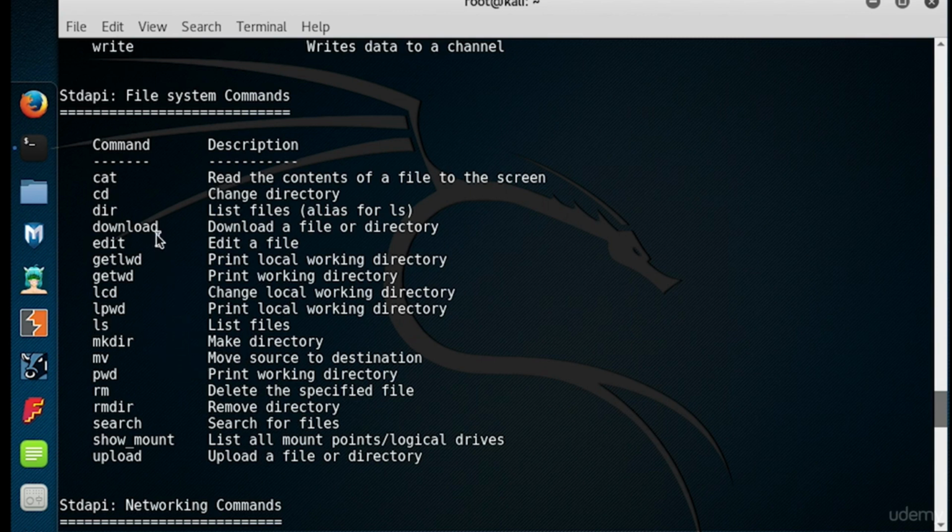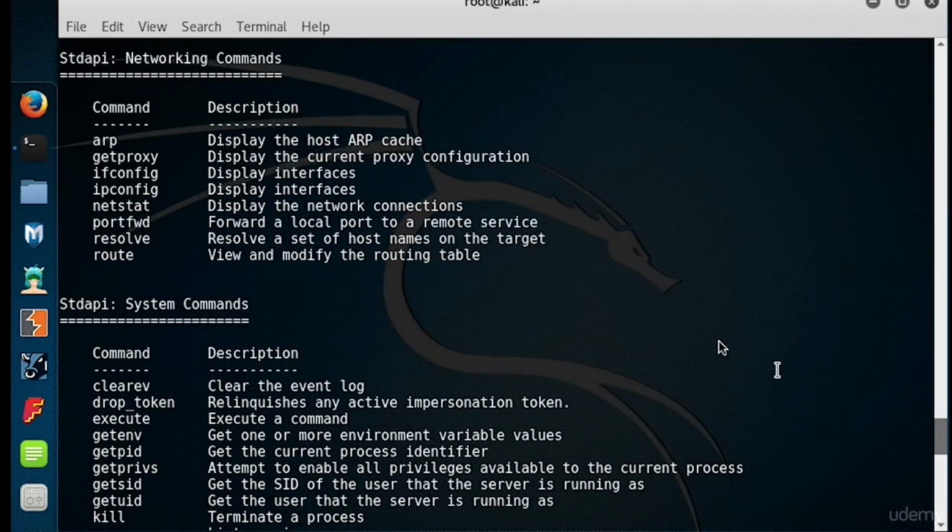The other nice thing that I really like is the fact that we can upload or download files from a directory. This is going to be really useful as well. Now as we move further down, we'll show you some other things that we have here. We can display the ARP cache, we can do some proxy settings, we can see the interfaces they have